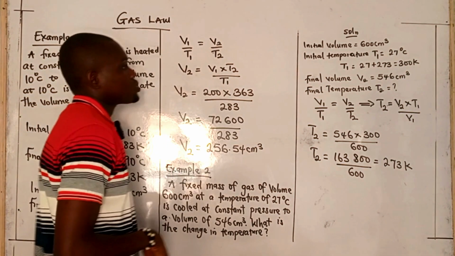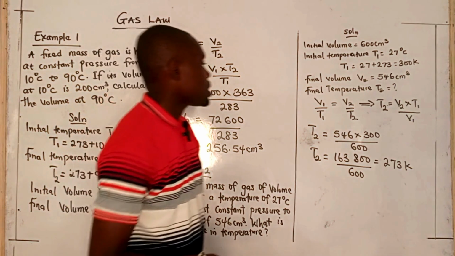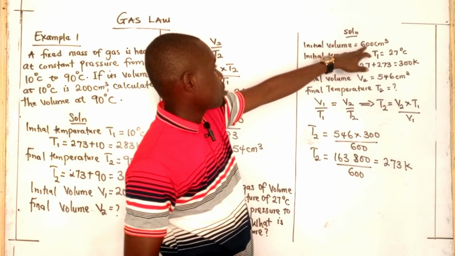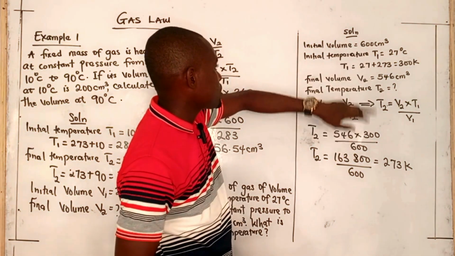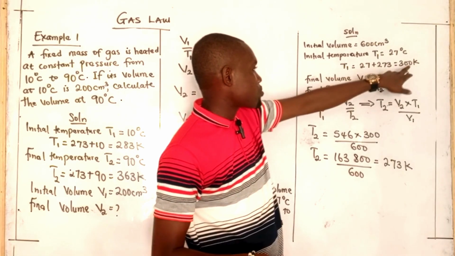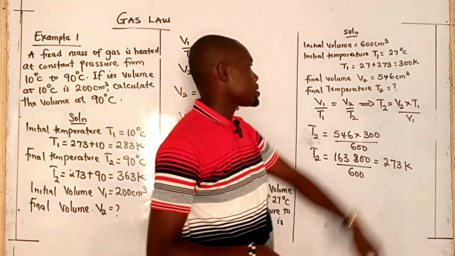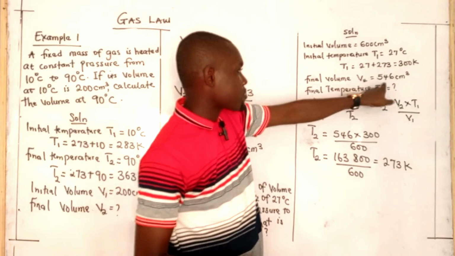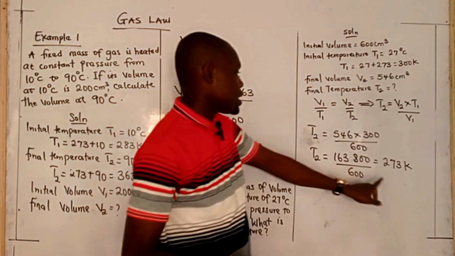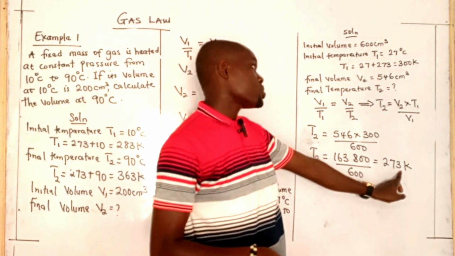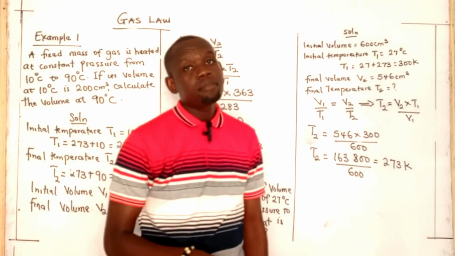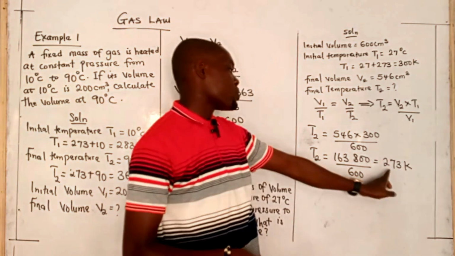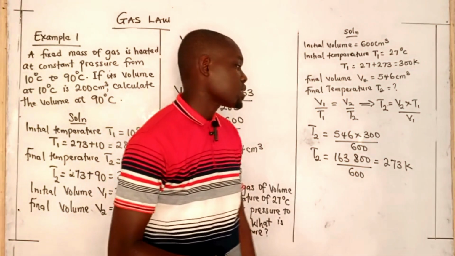So this is the change in temperature. From this relationship, you can see that our initial volume is on the high side, 600 cm³, and our initial temperature is also on the high side, 300 Kelvin. The gas was cooled down to 546 cm³, and definitely our temperature was also reduced, because the relationship between volume and temperature is direct. So that's why our final answer is 273